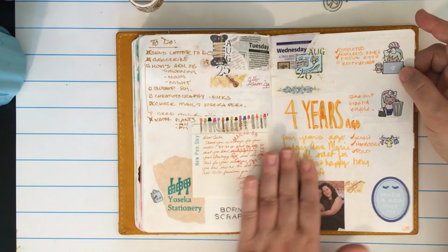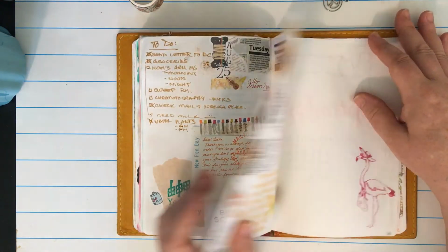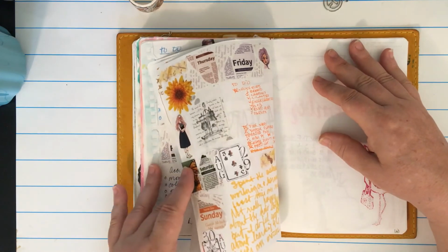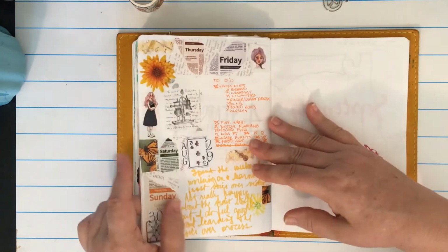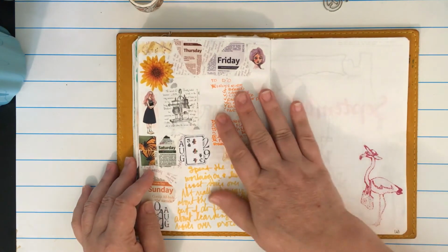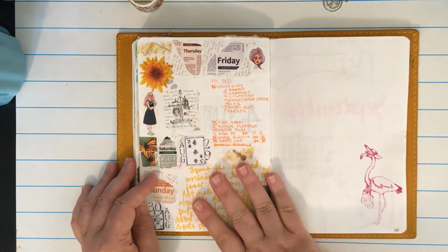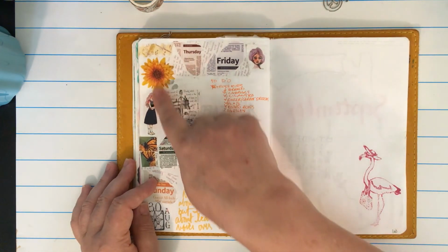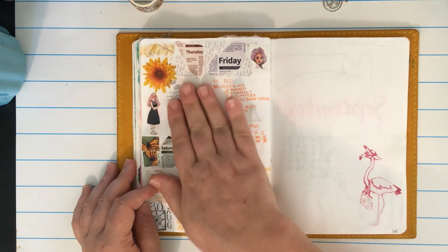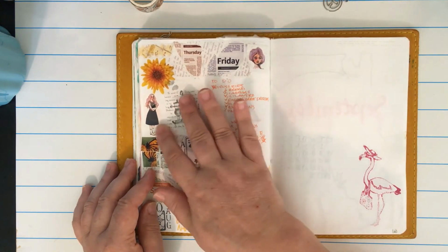So yeah, this was the end of August, and look, see how, well, I say ebb and flow because it was so empty on these days. And then on the last week of the month, Thursday, Friday, Saturday, Sunday, I just put everything into one page. And Thursday, I didn't even write anything. It was just blank. So I had fun, and I allowed myself to put some of my favorite coffee washi,